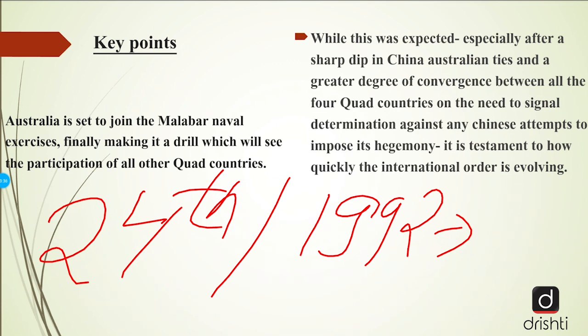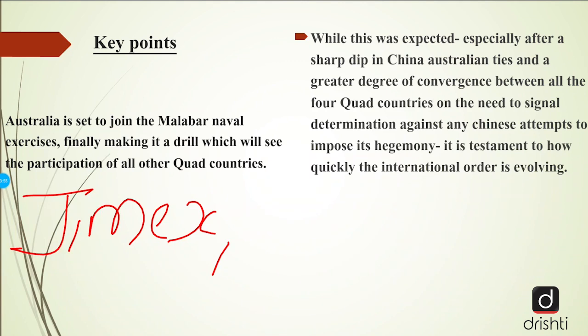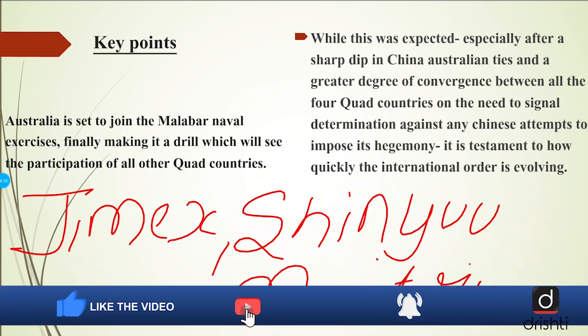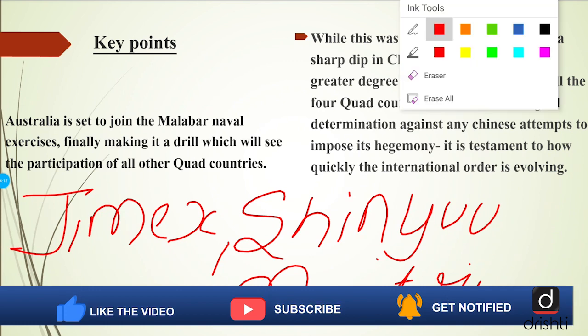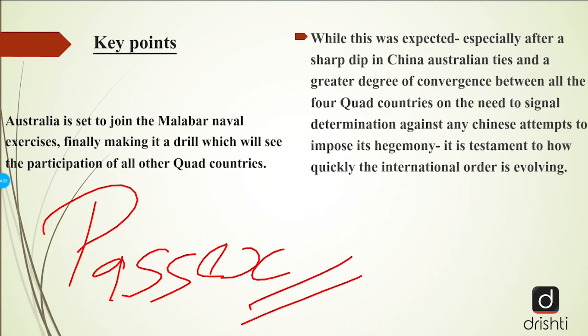Now, other than the Malabar naval exercise, there are various other naval exercises which take place between these countries. For example, between India and Japan, there are many maritime exercises. The important ones are GMEX, the other one is Shin-Yu Maitri, and one more is Dharmagarjian. Similarly, with India and US, there is one naval exercise which is Yuddha Abhyas. Also between India and Australia, there is one naval exercise which is known as PASEX. Very important. So India individually with these countries perform these exercises. However, all these 4 countries, when they will come together and perform in the Malabar naval exercise, it will be